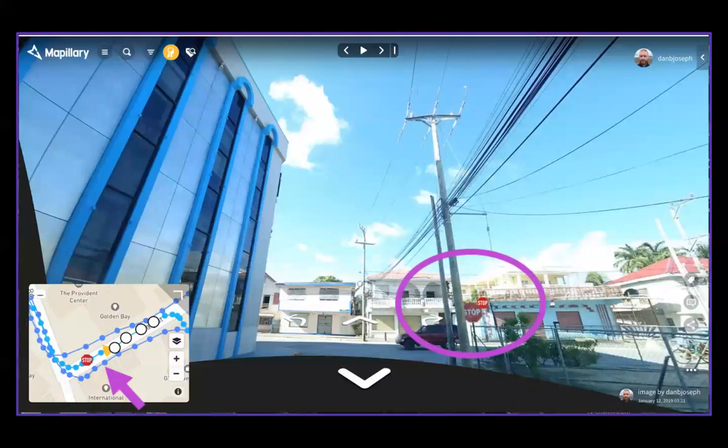Mapillary does some other cool stuff. They do feature extraction, where they use computer algorithms to recognize a number of different things in the imagery and automatically extract them. So here you can see they've identified that there's a stop sign in this image, and then they've created a map layer that shows where that feature is located on the map. And this is made available in the OpenStreetMap editors as well. So people can use this to more quickly add some of these features. They don't have to search through every single image that's been uploaded. They can look at the feature layer and say, oh, I want to add stop signs in my city, and use the Mapillary layer to add that more quickly and efficiently.